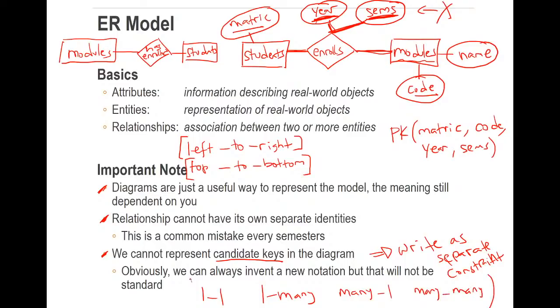The reason is that I've seen almost every semester that this leads to confusion, especially when we talk about ternary relationships. Is this ternary relationship one-to-one, one-to-many? The answer is you can't describe it that way because you have three. You can say one-to-one-to-one, but then you may have confusion on which one is one, which one is many. So we have other ways to describe things, but to answer your question,